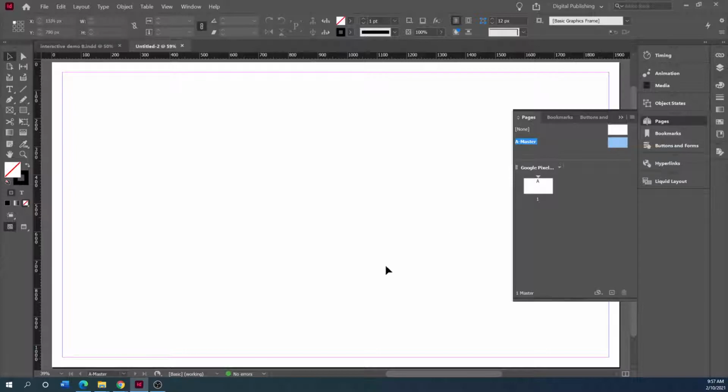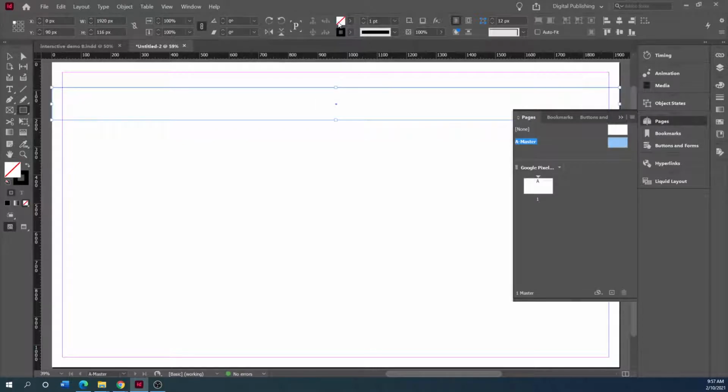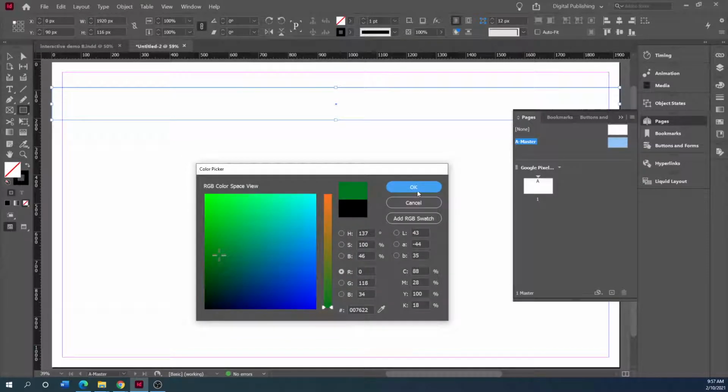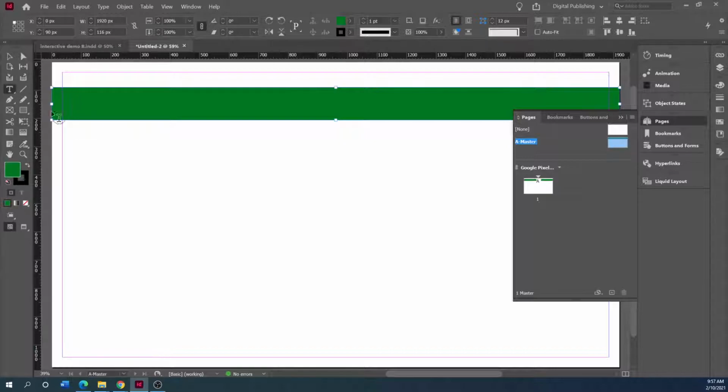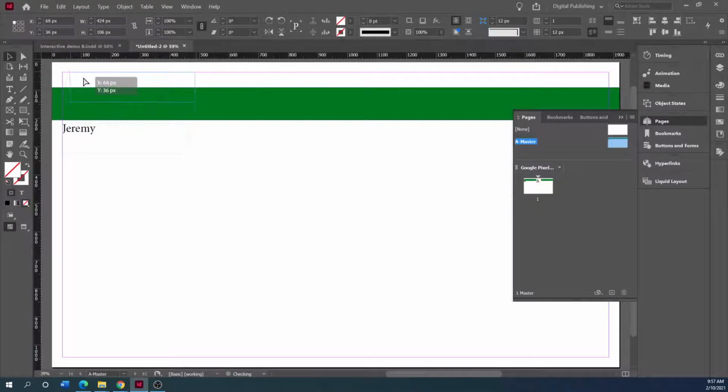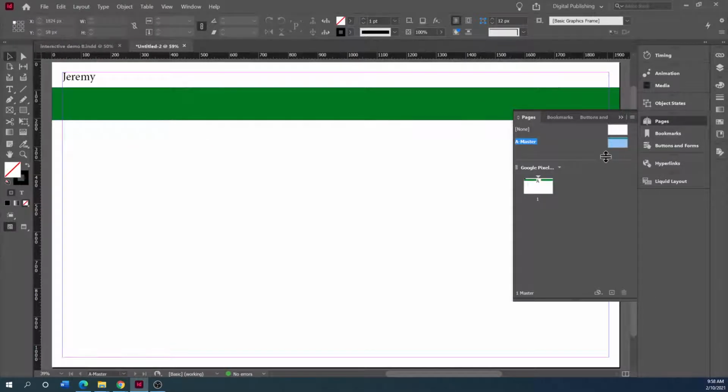So let's just go to my master page here and create a few items that I know that I'll need throughout. And this is not going to be pretty. I'm just going to create something you'll kind of see. Here's a bar. I like the green, darker green. Let's put my name up here. So if this is like a portfolio website, and if you notice on your first page here, I'm only going to create two pages with this. Or let's create three. So if you want to add pages down here now,